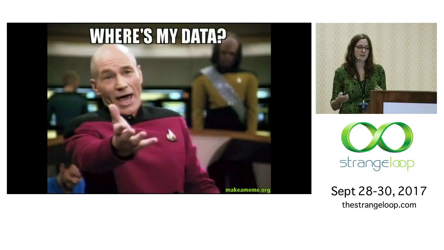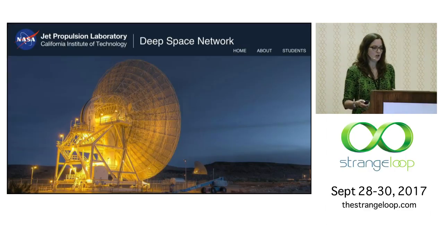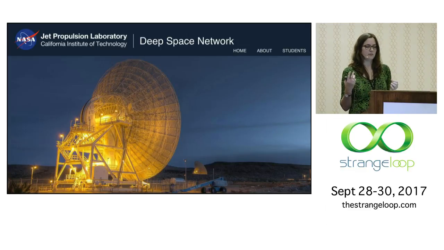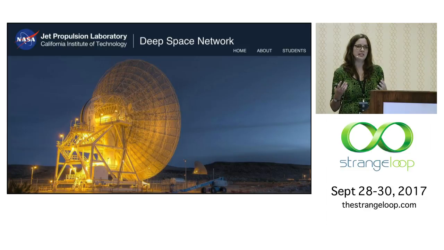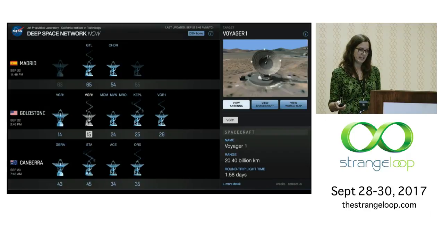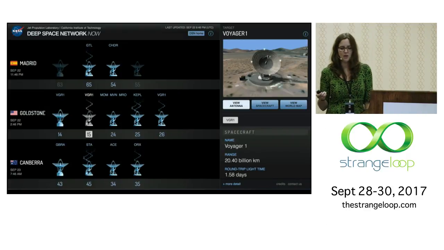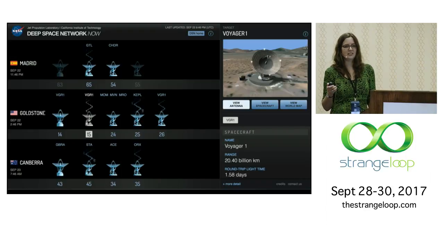But we did find sort of an undocumented data source. So the Deep Space Network is this worldwide network of radio telescopes. They're at 3 locations. It's run by NASA. They have contracts with different countries, and they just track space probes all day long. And they have this awesome website, deepspacenow.com, where you can see in real time what spacecraft the dishes are talking